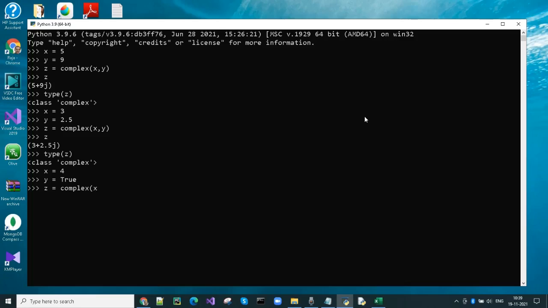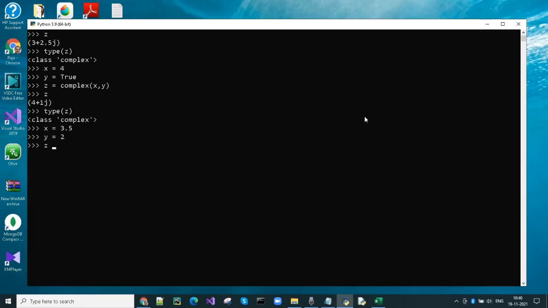I am passing an integer and a boolean value. Passing a float and integer.